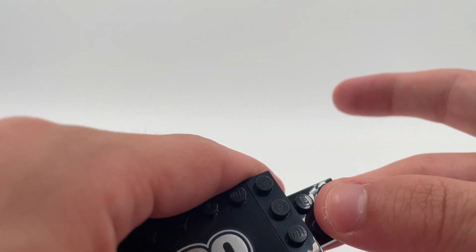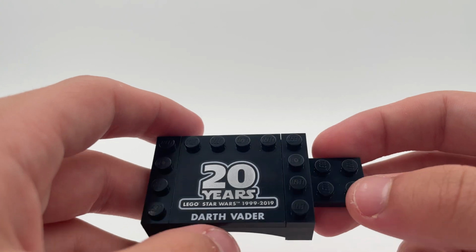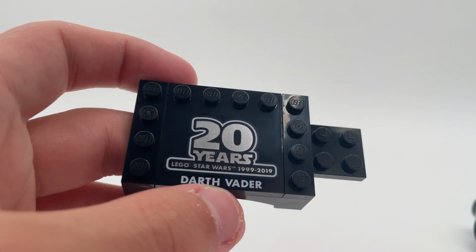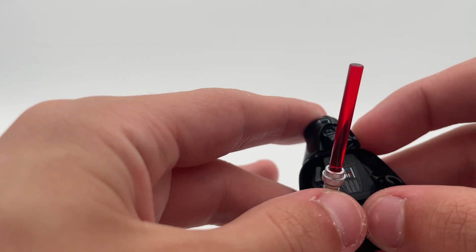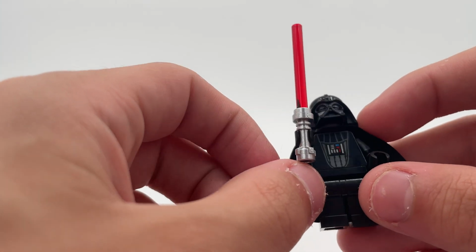And then we also get this 2x4 so you can connect it with other stands of the other figures. I don't have any, unfortunately, so I can't show it. But here's the Darth Vader figure. Comes with a lightsaber